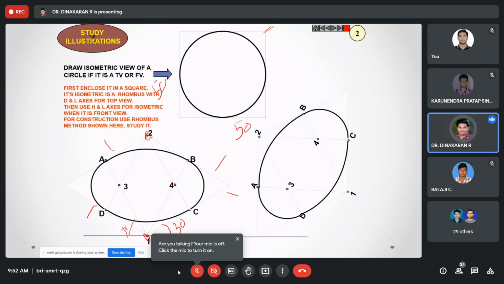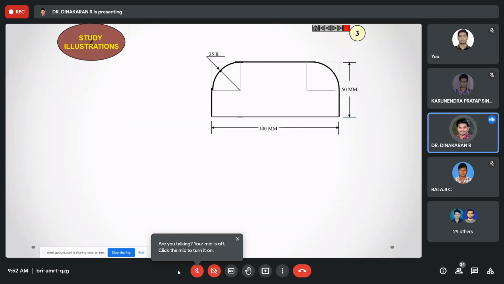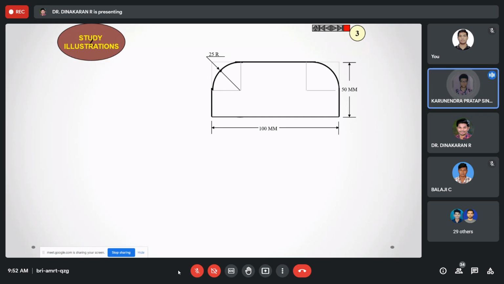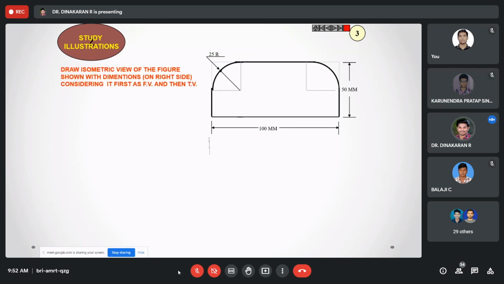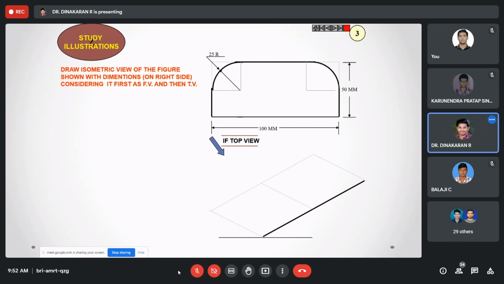So how will this be drawn as a circle? Anyone tell me how to draw this arc? Sir, first we need to make the square, then we need to take the radius. You see, first we need to make a square. After that, there are two methods they will follow. One is opposite connection. After finding a midpoint, they will connect the opposite ones. They divide it into squares. They will mark the opposite midpoints, which diagonal.